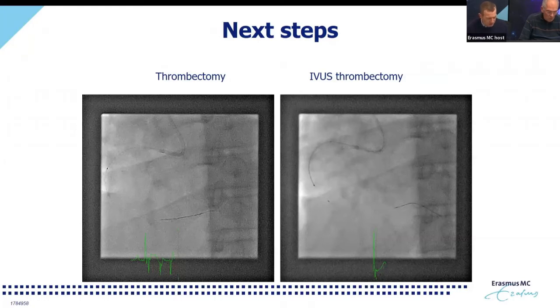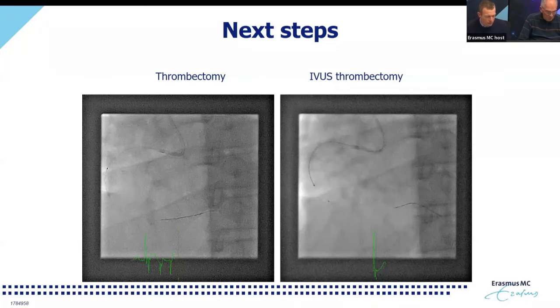That said, in this case, because of the clear amount of thrombus, both subacute and organized, we thought, well, let's do a thrombectomy, also because stenting here was not really appealing. So we continued with thrombectomy